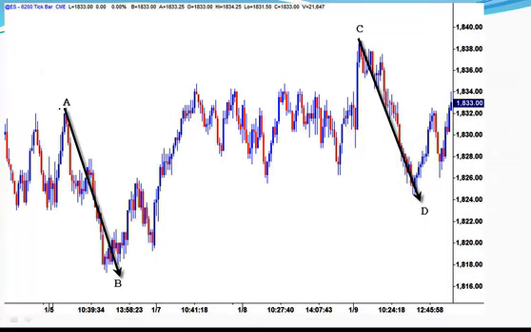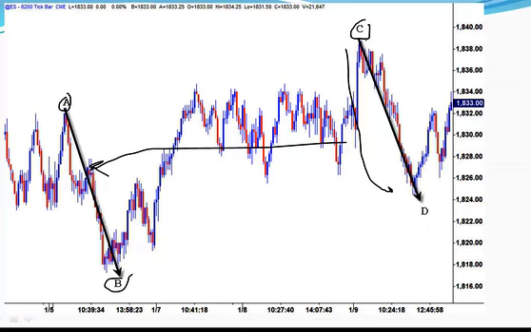Here's another one. We look at this range right here. The market sold off. But if you take a look at the past, you can line up the equality of an A to B, C to D. Now, does this mean you're going to buy it? Does it mean you're going to sell it? No, you can just be monitoring the market and feeling that, if the market's trading lower, you could say to yourself, well,